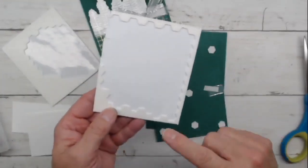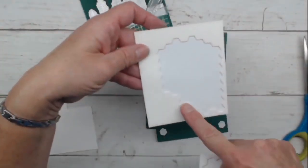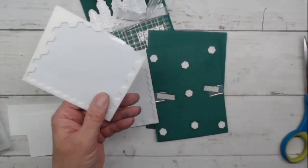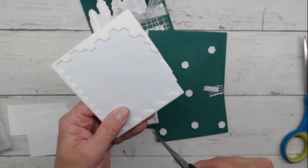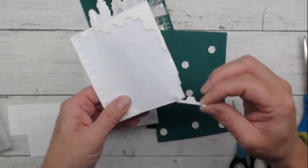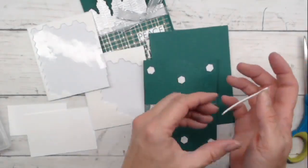Now, keep in mind, as we use up all these center dimensionals, we're going to be left with these outline ones. I'm going to bring in, I think, a row. I'm always generous with these ones right here. They're going to come off just like this. And I'm going to put a row along the top,